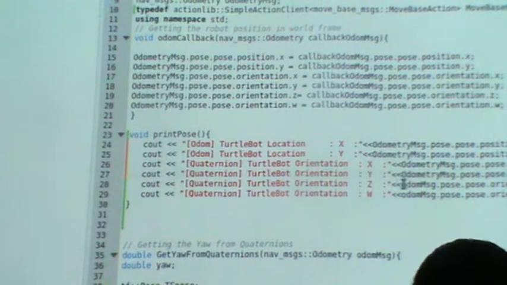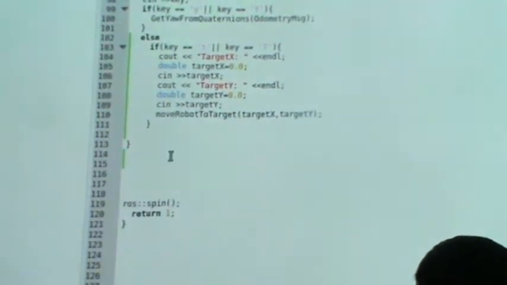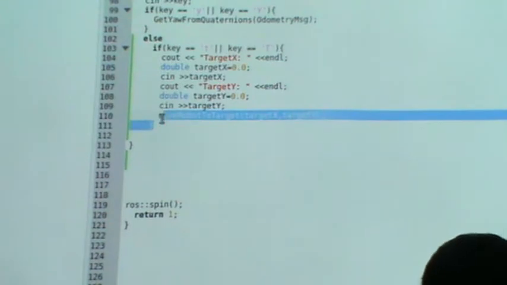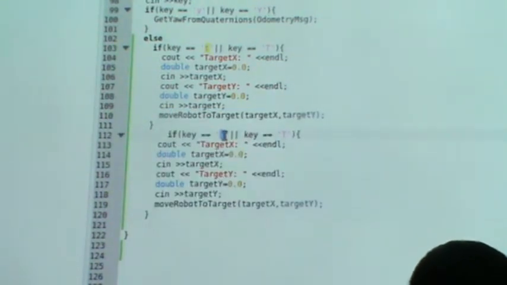I put the name of the global variable here. Okay, print. And I will add print for print pose, printing the pose. We removed the cliff now. And this is P for printing.